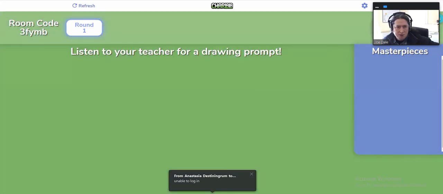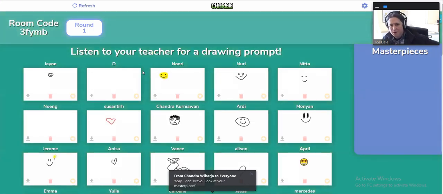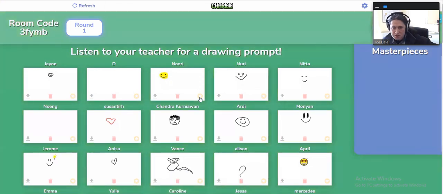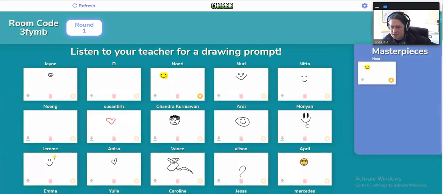Let's refresh the page. What should happen is we should be seeing some pictures appearing. There we are. That's good. Cool, thank you ever so much. That's lovely. So for example, if I click on the little yellow circle there, which is the masterpiece option, it then adds it. So Nuri has been added to the masterpiece